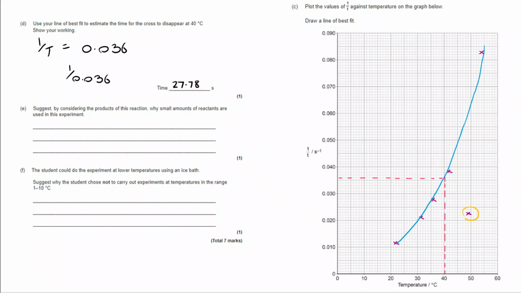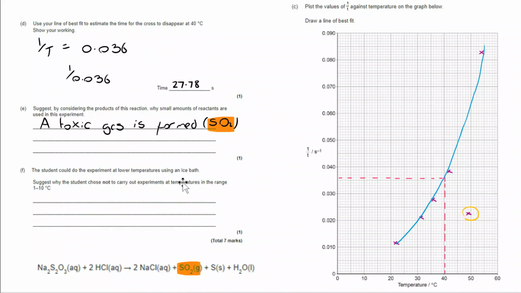used in this experiment. Well, let's take a look at the actual equation to see if that helps us. And is there anything about what we're making that we wouldn't want to make much of? It's actually the SO2. SO2 is a toxic gas, so keeping the volumes produced of that low is definitely a